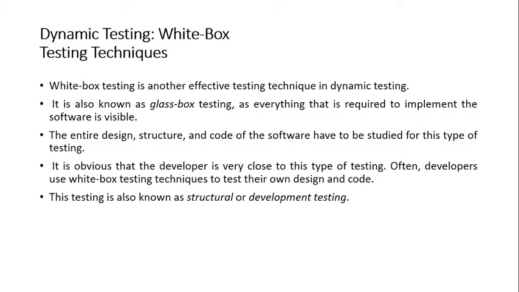So coming up to the basics, first of all, what is white box testing? White box testing is also called structural testing, where we check the structure of the code, that is syntax and semantic errors, right? It is also known as glass box testing because the system is considered to be transparent. We are able to look into the system and identify the faults and the flaws in the system. It is a type of dynamic testing, right? And the testing is also called structural or development testing.